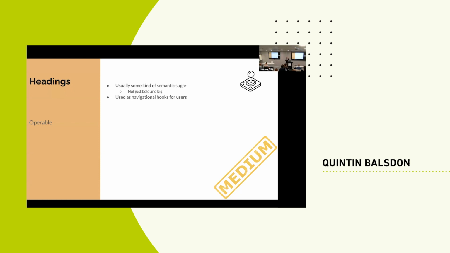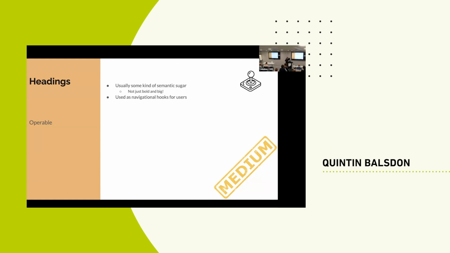That's a use that I find with headings, but a lot of screen reader users use it to get to the right kind of content, right? And they're navigational hooks. You can say, I want to go to this heading, back heading, this heading. And it's a really, really useful mechanism. It is one of the easiest things to do because it's just semantic sugar, H1, right? Semantic HTML, or accessibility heading.